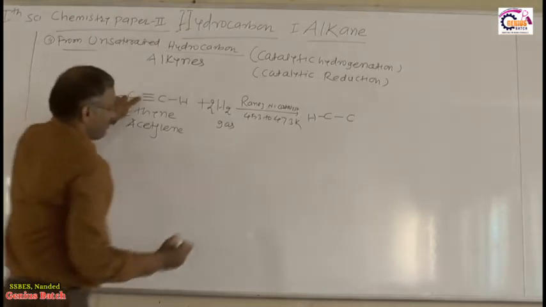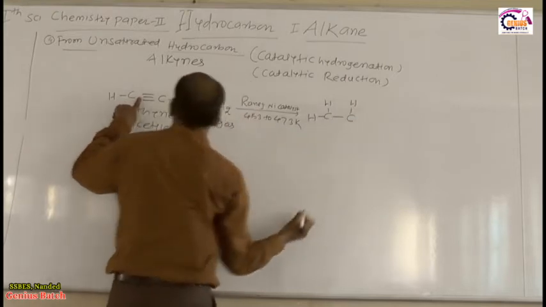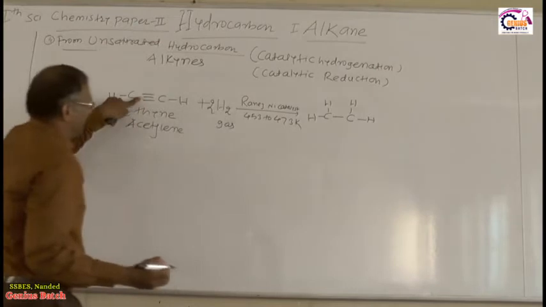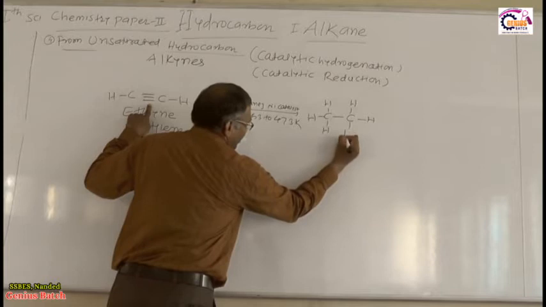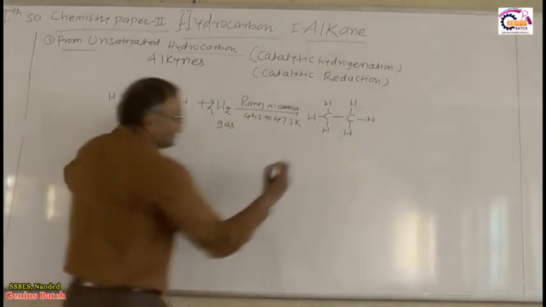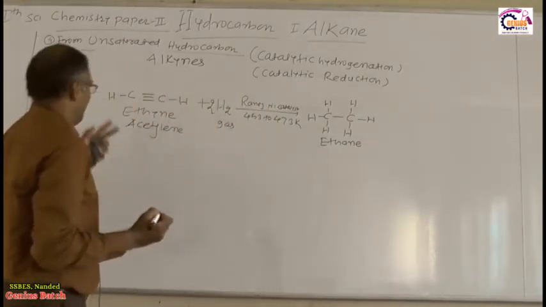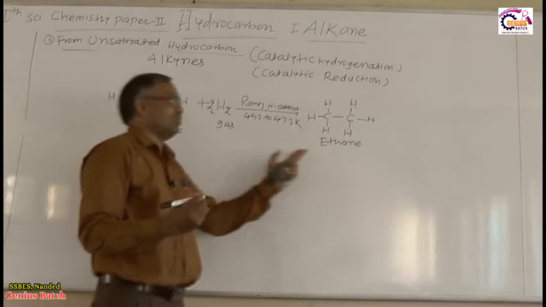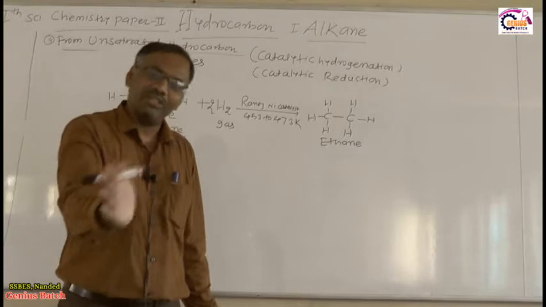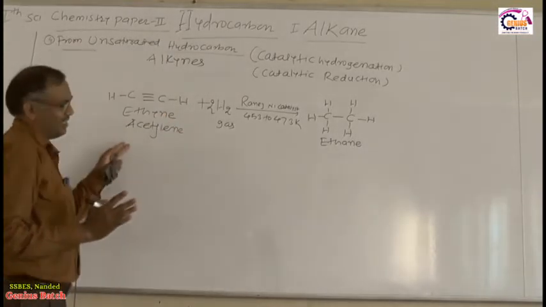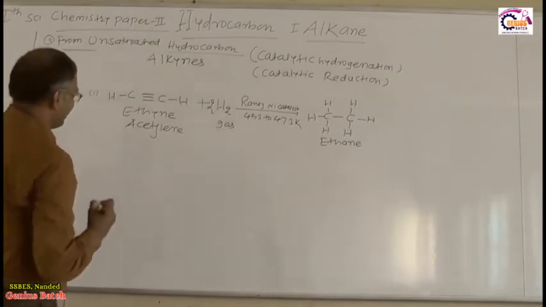So for one double bond, one hydrogen molecule is added between the 2 carbon atoms. One hydrogen molecule we are already given, right? Then for this double bond another hydrogen molecule is added. What will you get? That is ethane, right? So therefore ethyne or acetylene gives ethane. In a similar way, in the alkene, ethylene or ethene gives ethane. Similarly here ethyne or acetylene gives ethane. So this is the first example.